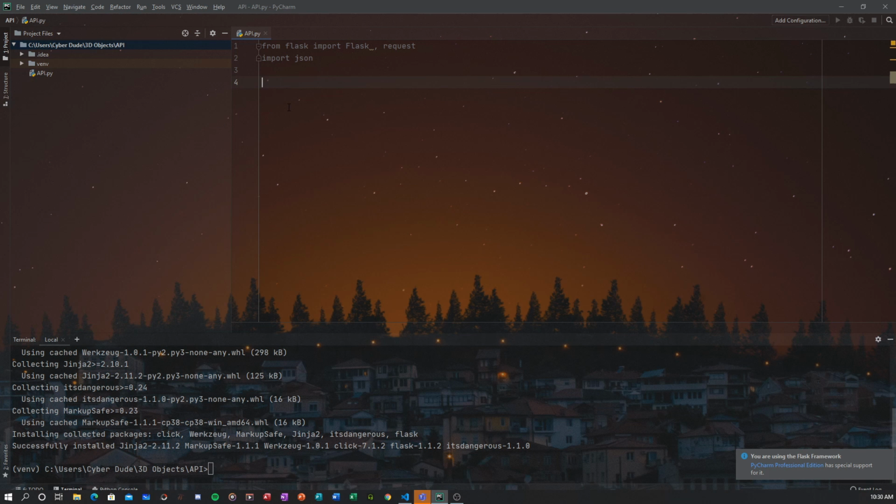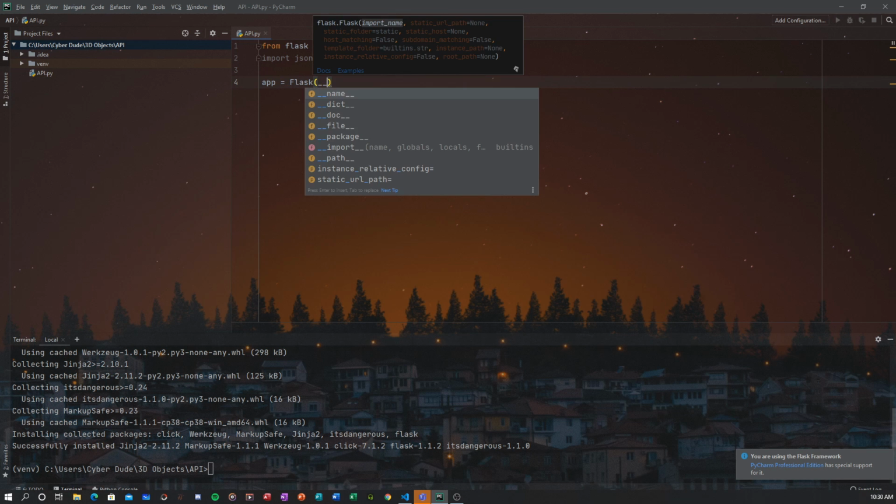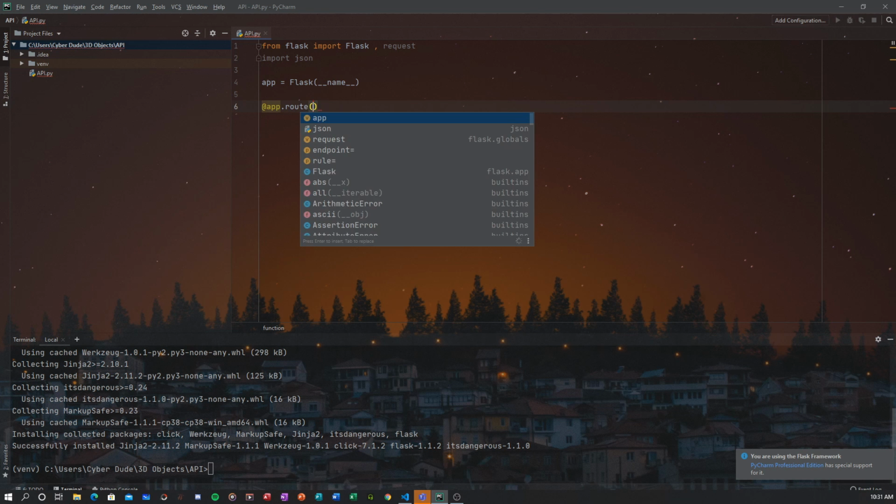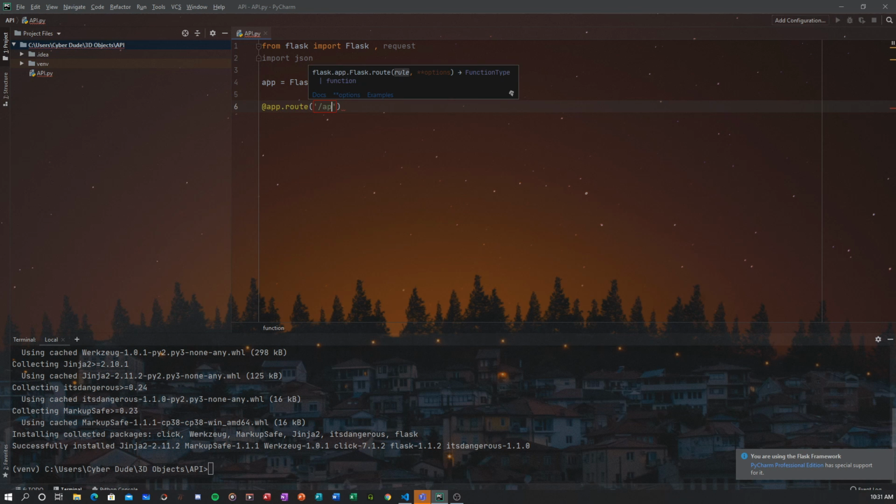Now what we want to do is create a new app using Flask, and we're going to say Flask, passing in double underscore name double underscore. Then we're going to create a route for our app where we can set a get request to our API, which will retrieve some data for us. I'm going to call this route /API/Amazon. I'm adding this route because you can add more routes later. Let's say this one program can host different APIs.